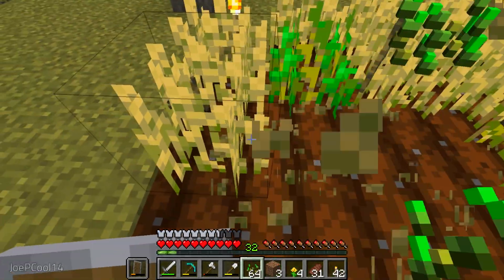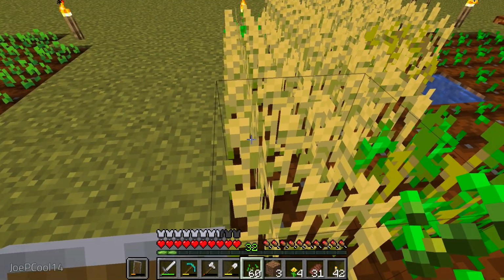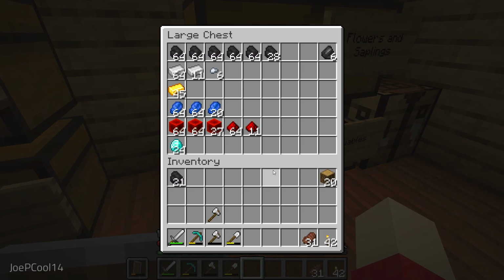So I'm going to finish getting this up, and then I will meet you down in the storage room, and I will show you what I have been mining. It's nothing too special, but it is definitely better than where we were before. This is my spoils currently for the valuables chest. As you can see,